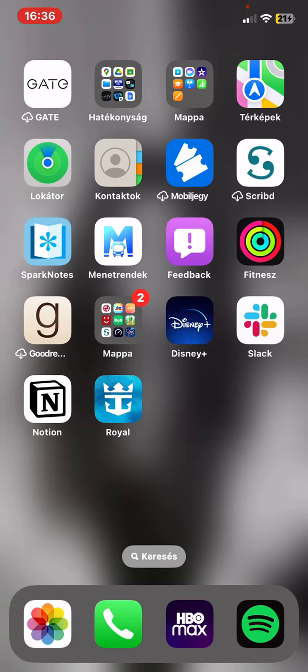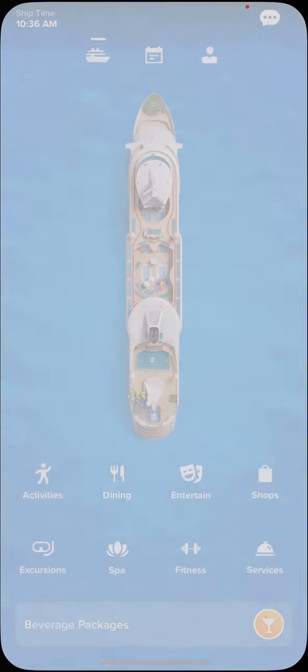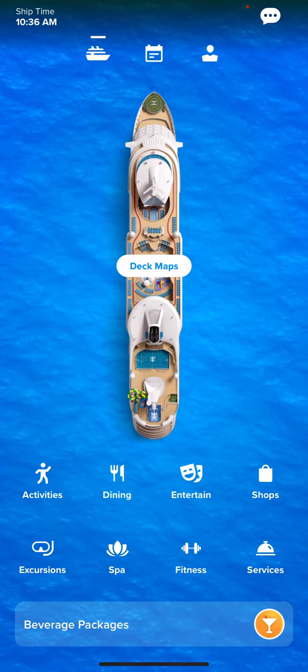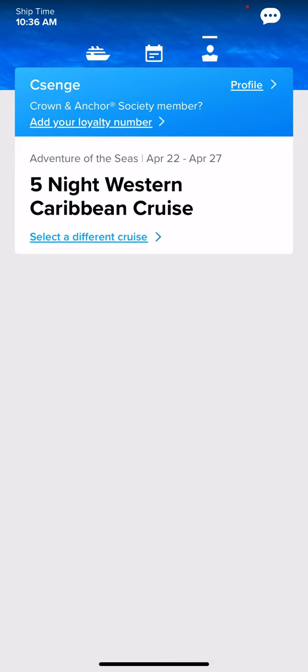First of all, open the application on your phone and then click on the person button at the top of the page, and then click on the profile button,